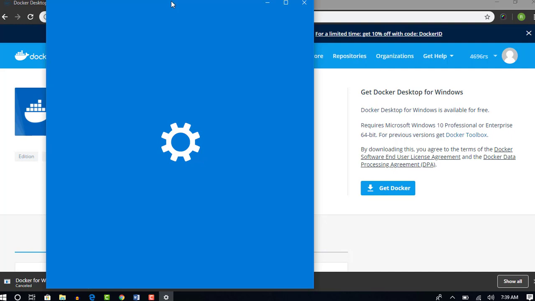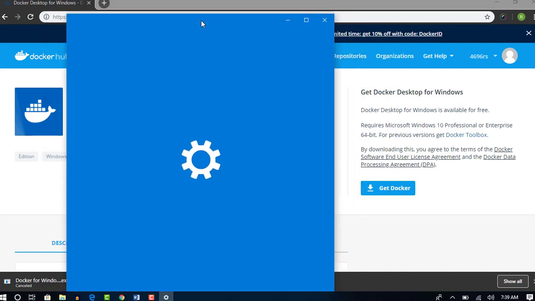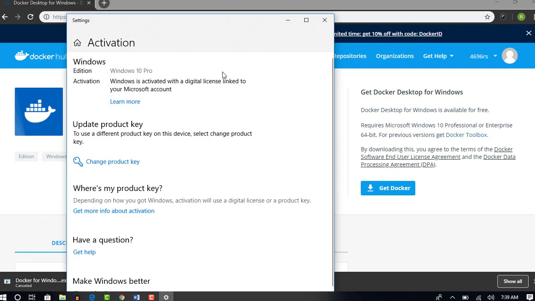So here you can check. Okay, it's Windows 10 Pro, which means Professional, so on my system Docker works. But if you see something like Windows 10 Home, then Docker will not work. When you try to run this .exe file, you will get a message saying you need at least Professional or Enterprise to make the system work.